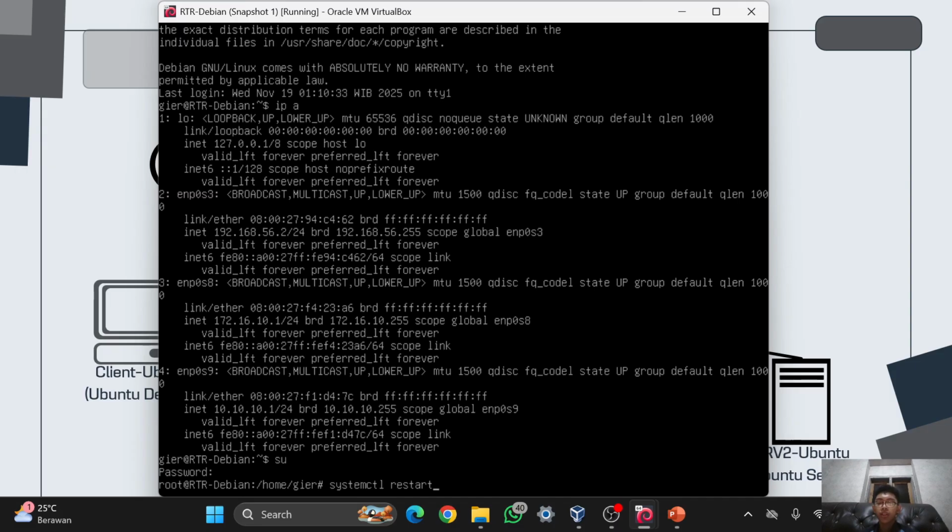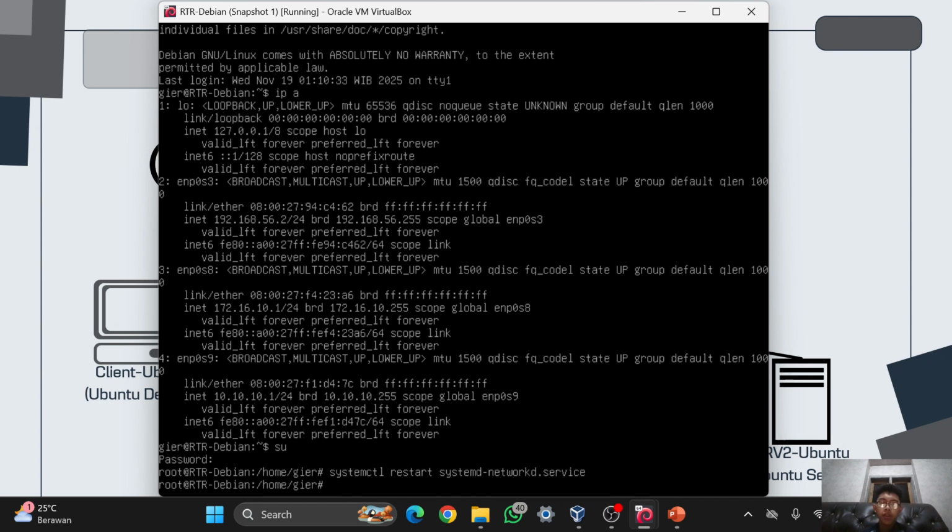So to restart the networking, you have to type it like this, because I'm using Debian 12. Restart systemd, and then networking.service, and that is how to restart the network.